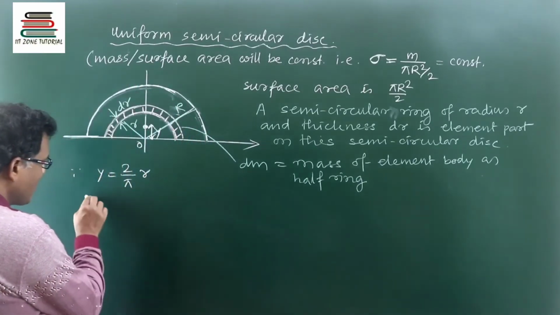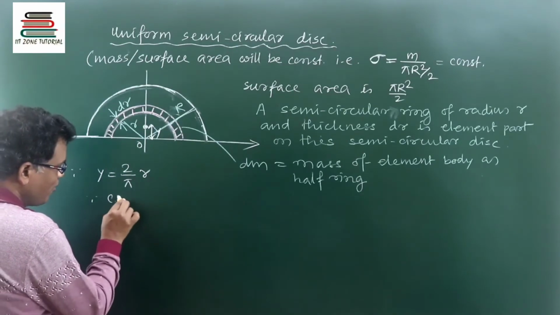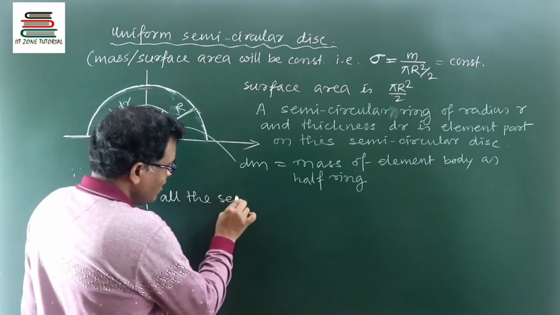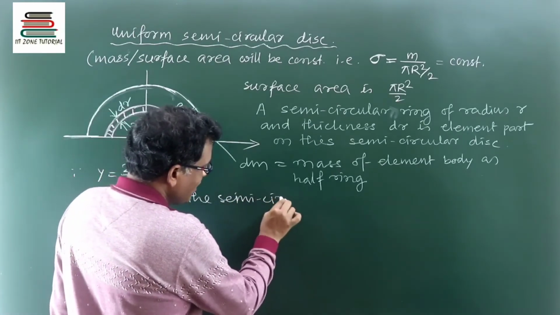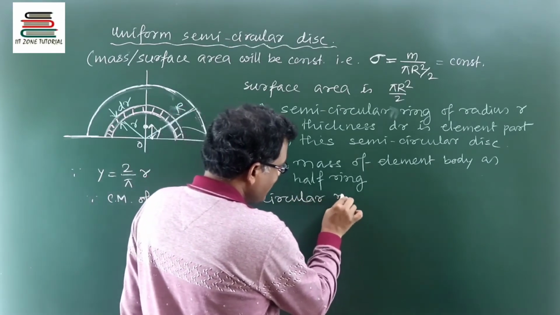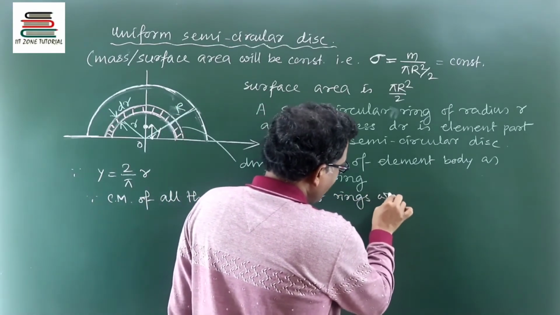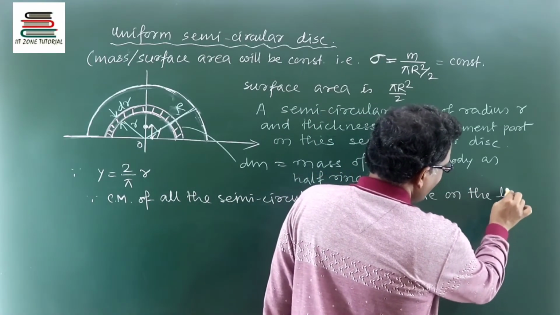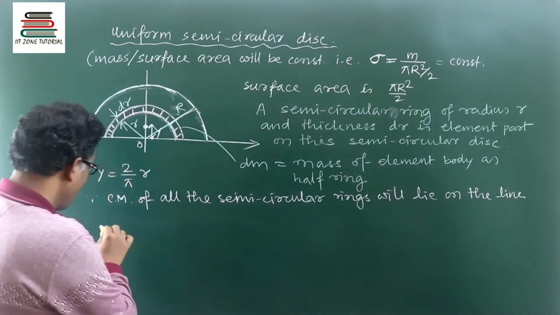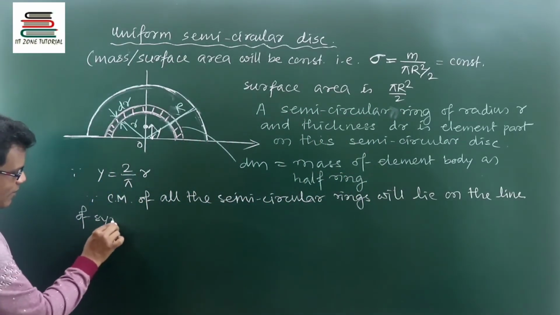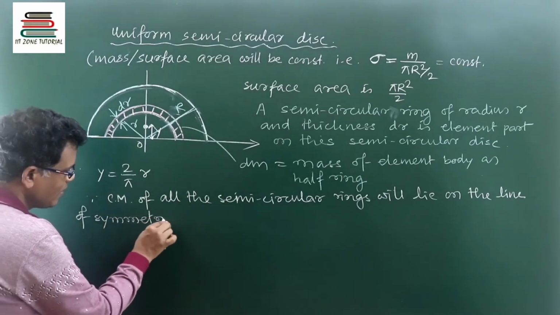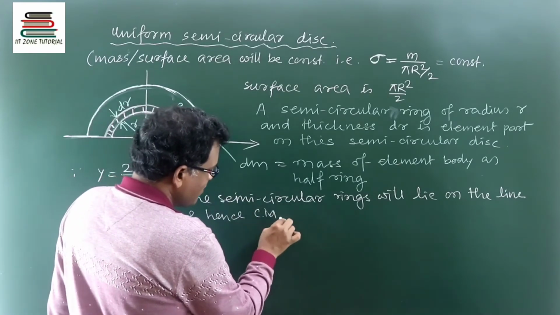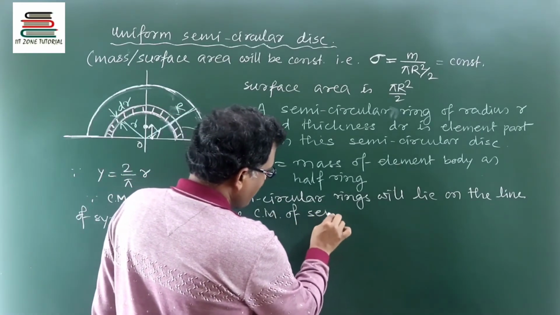So therefore we can write: since the center of mass of all the semicircular rings will lie on the line of symmetry, and hence the center of mass of the semicircular disk